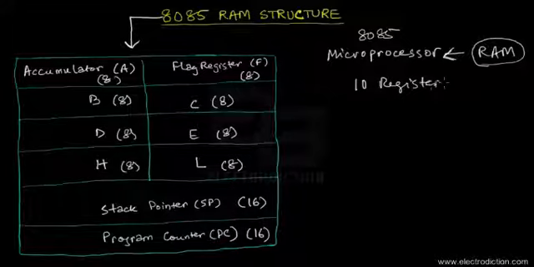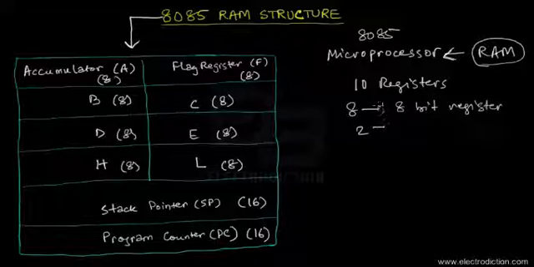registers. Out of these 10 registers, 8 of them are 8-bit registers. I'm just going to write that down over here, while just 2 of them are 16-bit registers. The diagram on the left shows that we have 6 general purpose registers, that is B, C, D, E and H, L, which are all 8-bit registers. And there is one very important register known as register A, or the accumulator, where the